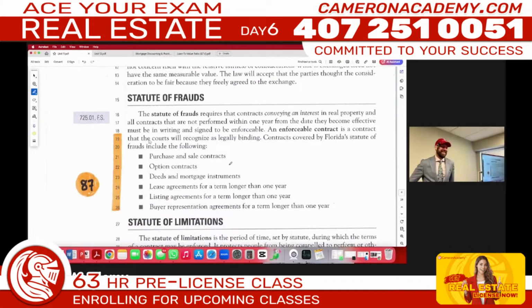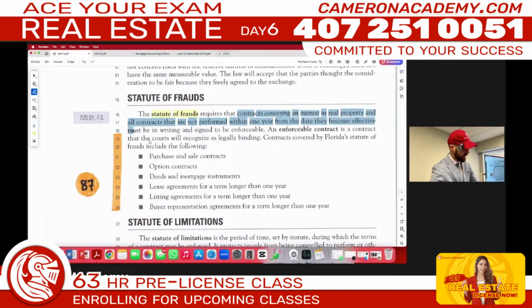Statute of frauds. For real estate sale contracts, we're going to add one additional, and not just real estate sale contracts, there's others on these lists, but real estate contracts, you have to add one additional element on top of those four we already mentioned. And that's the statute of frauds requirement. This is how they describe it. It's not easy to remember a statute of frauds, but you have to know what it is. You're going to be tested on it in several different ways. It says contracts that transfer ownership rights in real property and contracts that are not to be completed within 1 year from the date created must be, here's